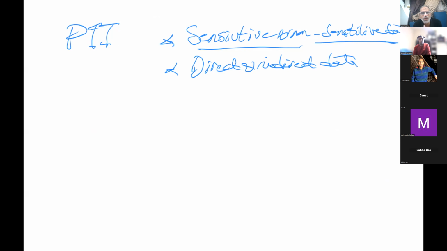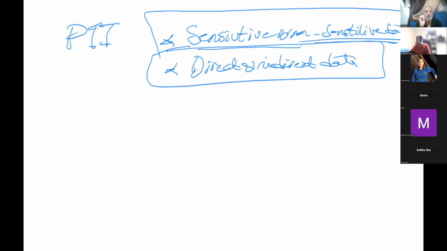Non-sensitive data, I don't care if it is shared over the internet. Okay, this is sensitive and non-sensitive. What is direct and indirect? Again, this is a very important concept. Direct and indirect: direct information is information which will